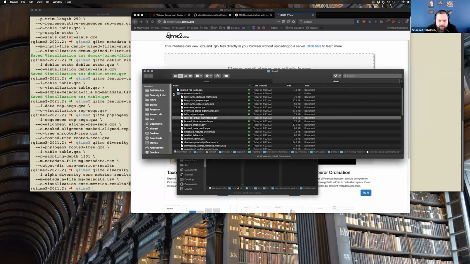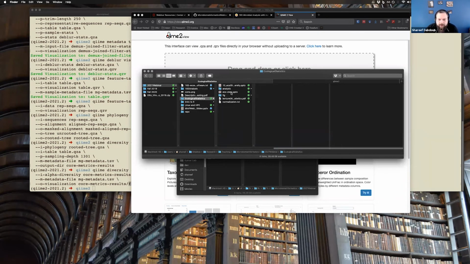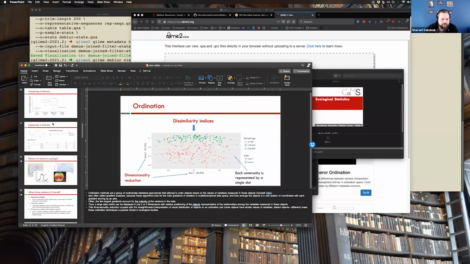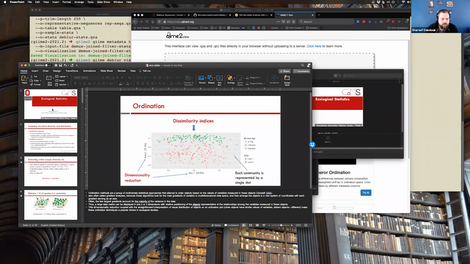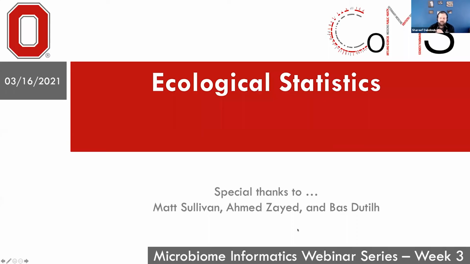So this is the ecological statistics. Let's get this started here. Okay. And again, we'll try to be fast on this. But this is echoing what I said at the beginning about methods and their 1,001 tools. That applies to statistics as well. So what we're really trying to do here,